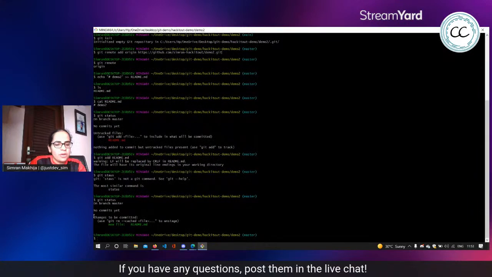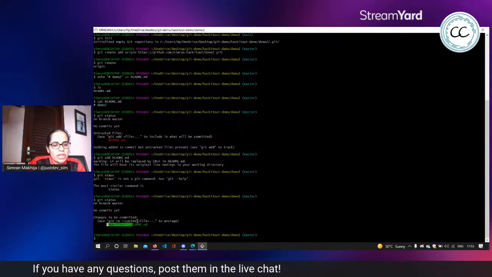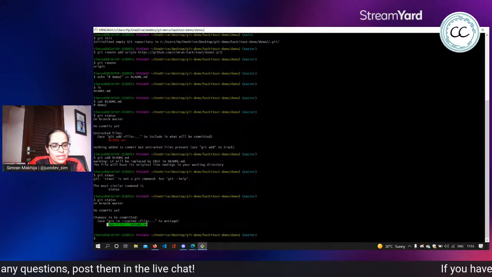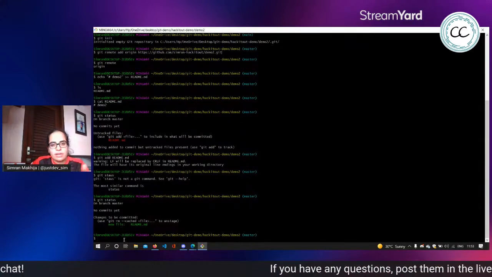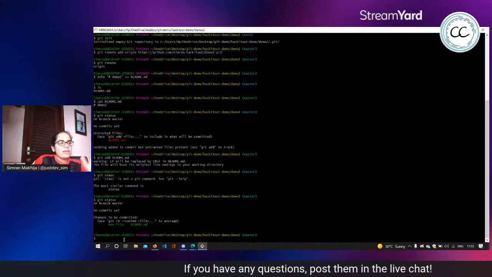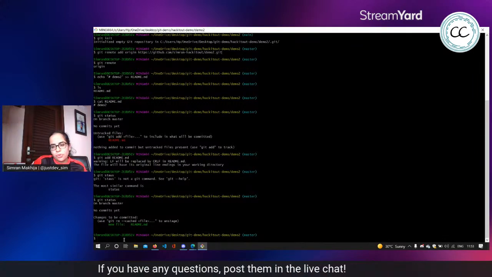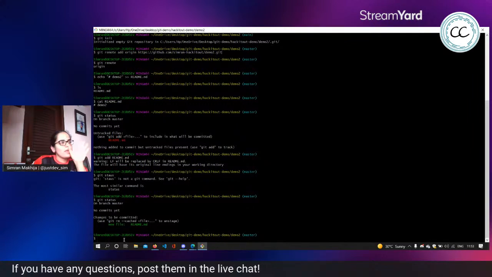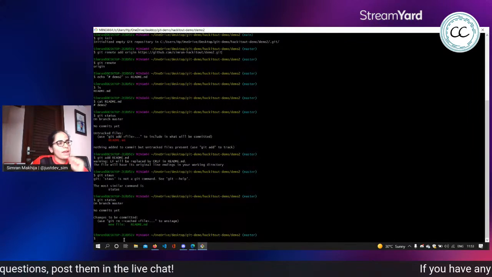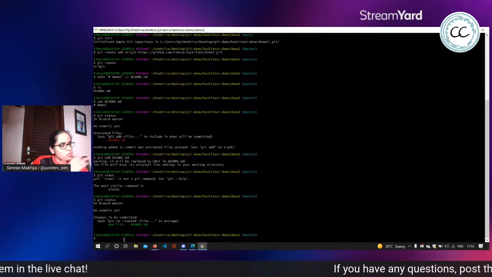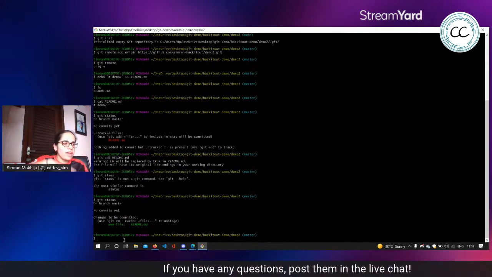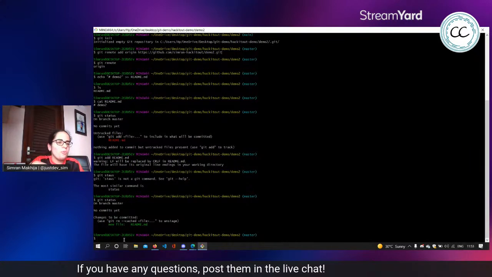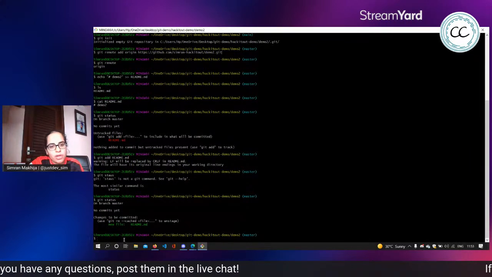It tells me that there are no commits yet, but there are changes that Git knows exist and are to be committed. So the next time I make a commit, I tell Git these are the changes I've made, and I want to store these changes in a commit, so that if I make more changes later and they don't work out for me, I can revert to a commit.